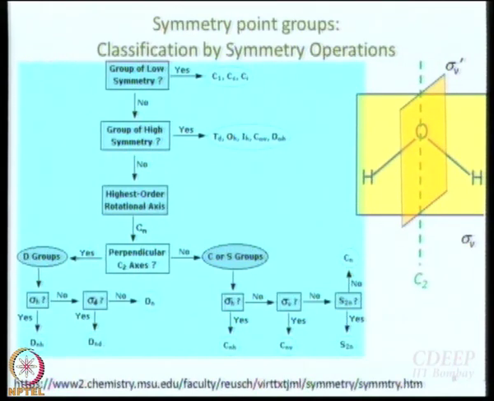It remains an indistinguishable configuration, I agree. But think of the atoms. Let us call this atom HA, let us call this atom HB. If you apply sigma v, reflection with respect to sigma v, then HA and HB remain in their place, right? Only the upper lobe of HA goes below the plane, the lower lobe of HA comes above the plane. Same is true for HB. Are we okay with that? This is the plane.